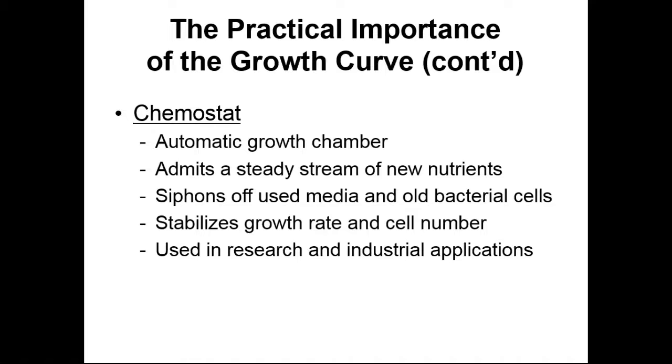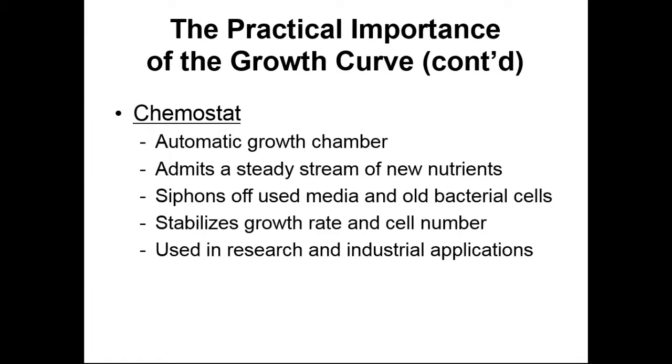How can we count the number of cells that are in a sample? Well, first, we need to have that sample. And we can use a chemostat. A chemostat is a growth chamber, essentially, for bacterial cultures. These are automated growth chambers that have a steady stream of nutrients going in and a steady stream of waste products going out. Chemostats are used to commercially produce antibiotics and are used to lock in microbes at constant